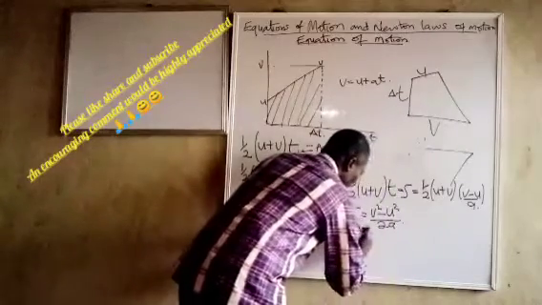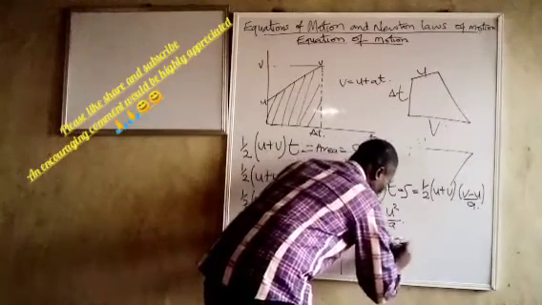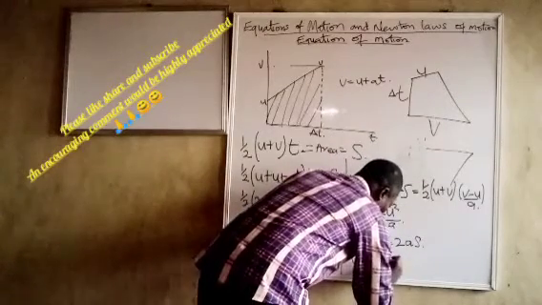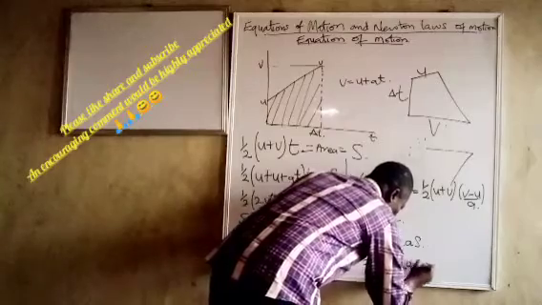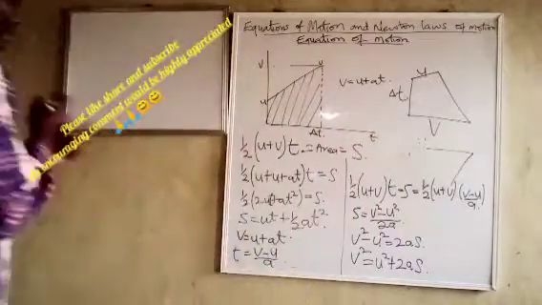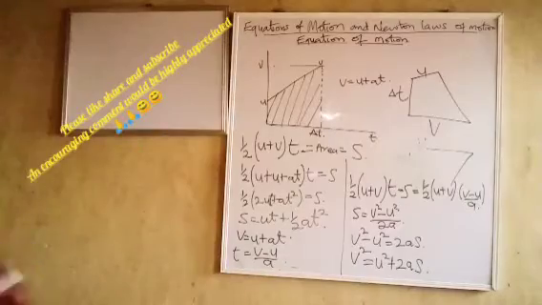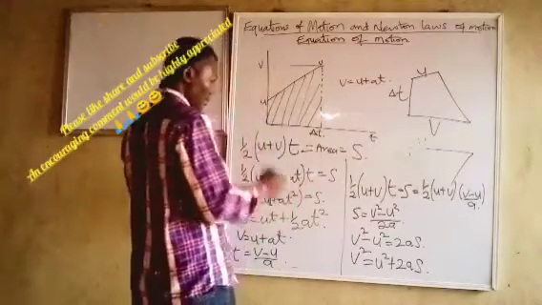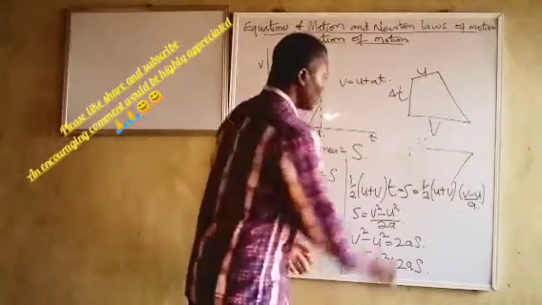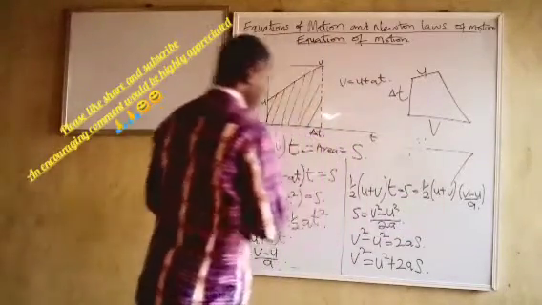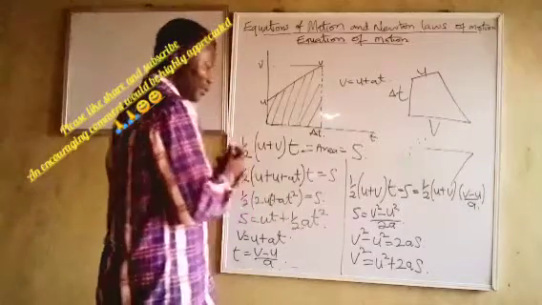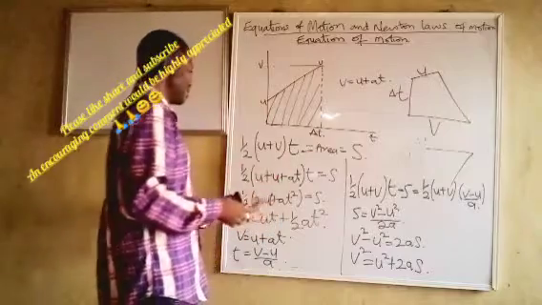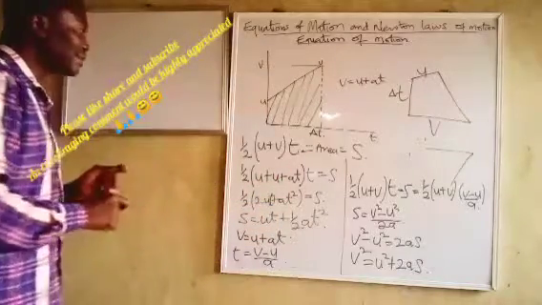So V squared minus U squared equals 2AS. So our final velocity V squared will be equal to U squared plus 2AS. So when you want to solve any problem in physics, you will just know the equation to pick. Even when you understand the derivation of the formula, you can easily handle any question. You just look at the parameters given, and from there you select, okay, this is in this equation, this is in that equation. So let's quickly summarize the equations.